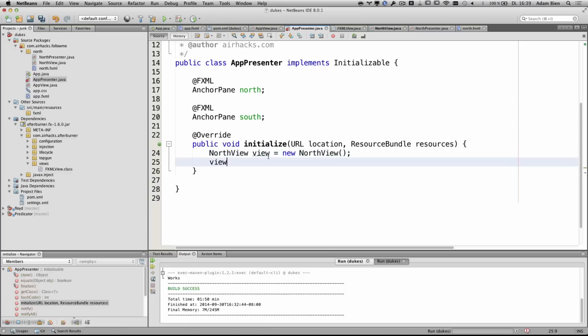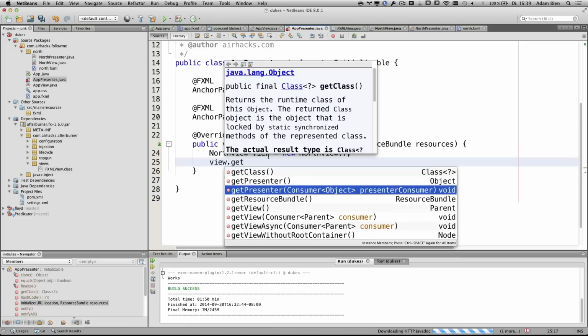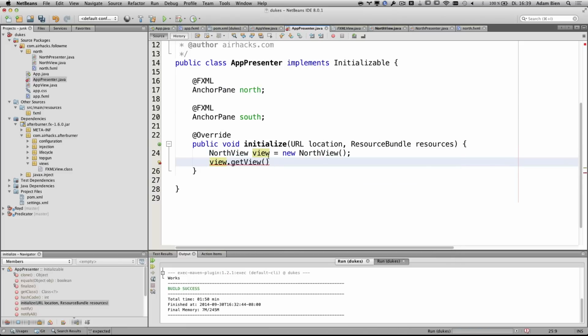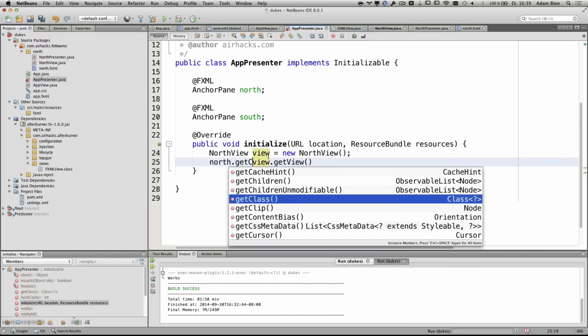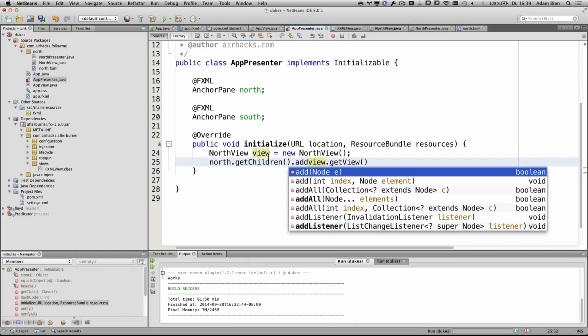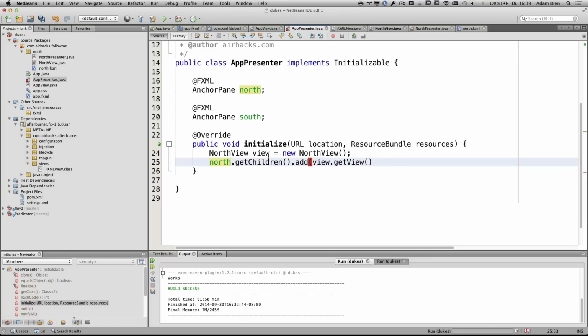And then view, get view. And now I can say north.getChildren, I think, add. And this is manual, but I think it cannot be. But this is the connection between both.